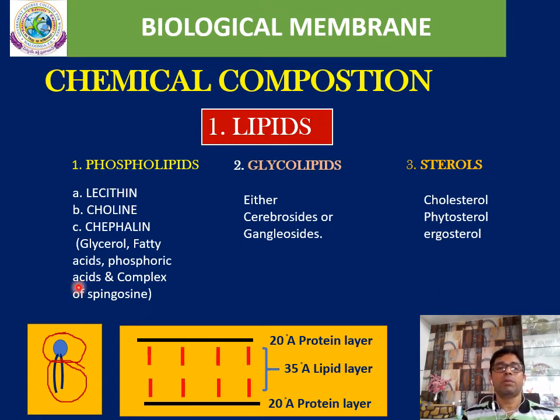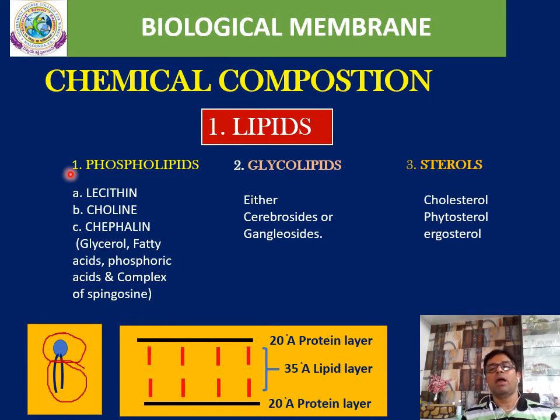For example, take the phospholipid molecule. It has two portions: a head portion and a tail portion. The head portion is made up of a phosphate molecule and the tail portions are made up of fatty acids. The head portion is hydrophilic in nature and the tail portions are hydrophobic in nature. So these are the main lipids involved in the structure of